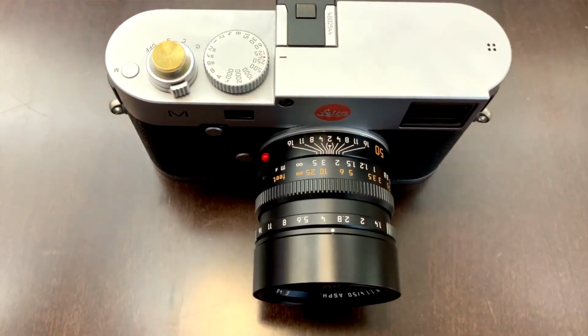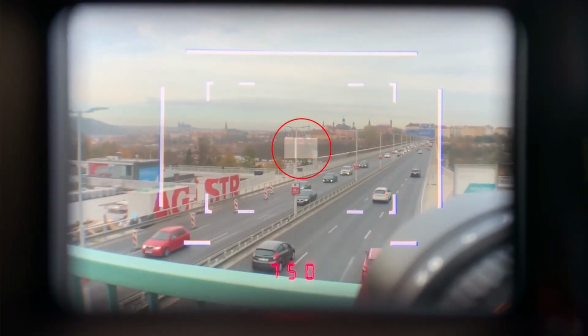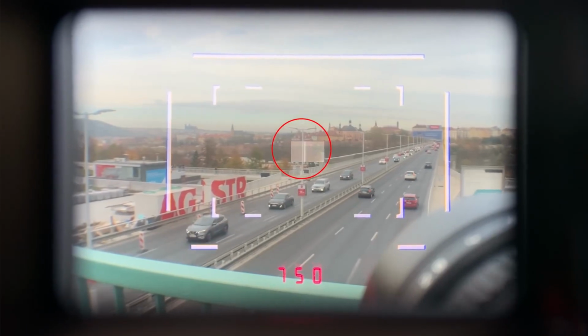This camera really forces you to be very, very deliberate with your photography and the type of images you are taking. That's one of my favorite things about this type of rangefinder system. Now, rangefinder systems do take some getting used to. This camera is perfect for street photography, but trying to capture depth of field on a moving subject,